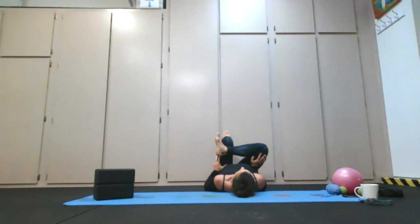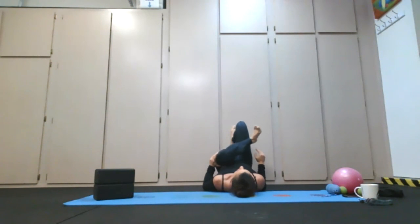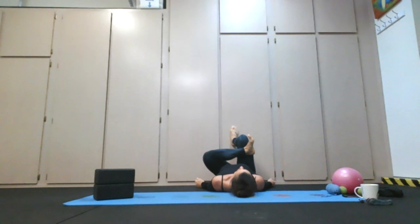Take a big breath in. A long breath out. And then switch sides. So the second side, you may end up being a little looser or a little tighter. So if you're using the wall, you might need to move closer or move farther away. Check in. So you feel the left glute area, left hip area, without your butt lifting way up off the